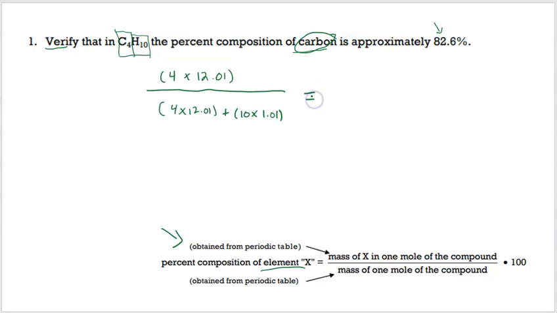All right, and what that would look like if I simplify this expression: 4 times 12.01 is 48.04, over 4 times 12.01 plus 10 times 1.01. That gives me 58.14. Now that's going to give me a decimal value. It is asking for percent, so in order to convert a decimal value into percent, we're just going to move the decimal 2 places or multiply by 100, whatever you find easier. All right, and when we do that, we should get